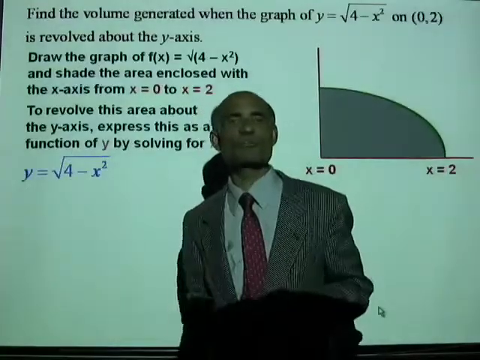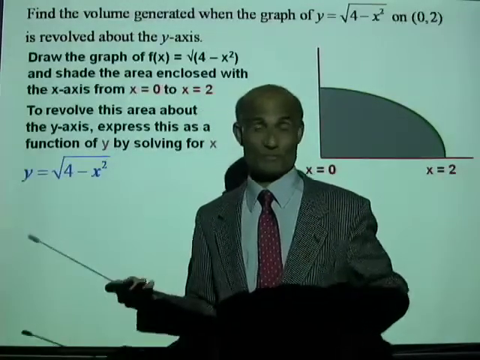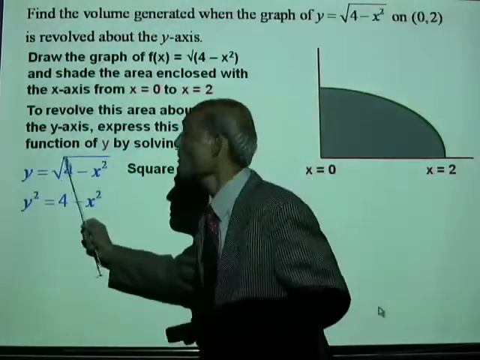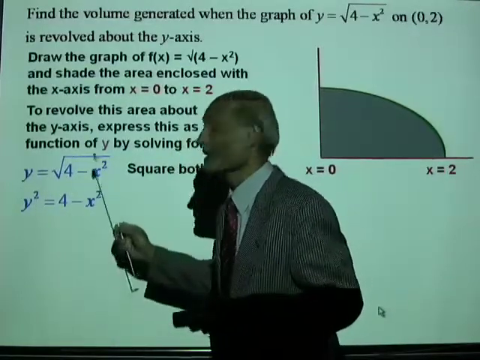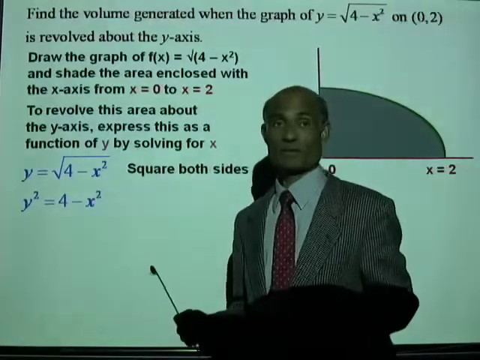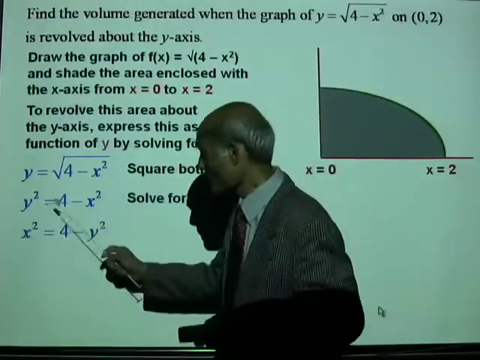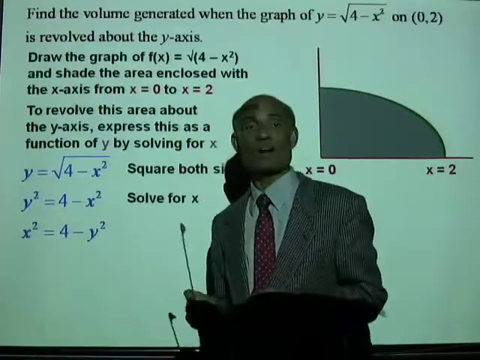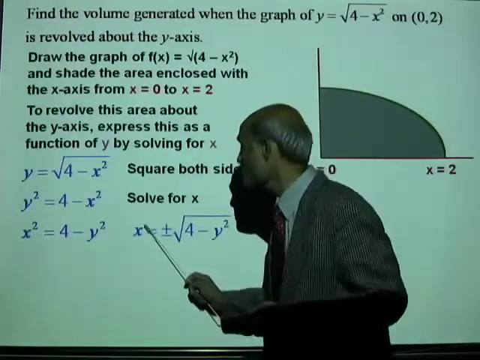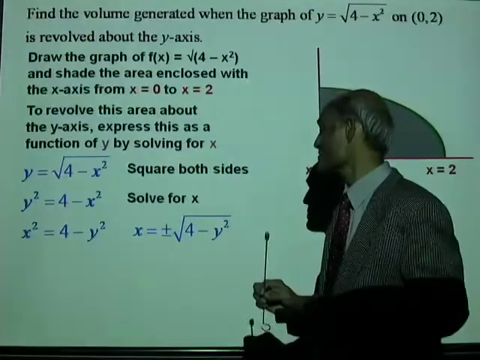Can you solve this for x? Very simple. Square both sides. Gives me y squared equal to 4 minus x squared. Now solve for x squared. It gives me x squared equal to 4 minus y squared, or x equal to plus or minus square root